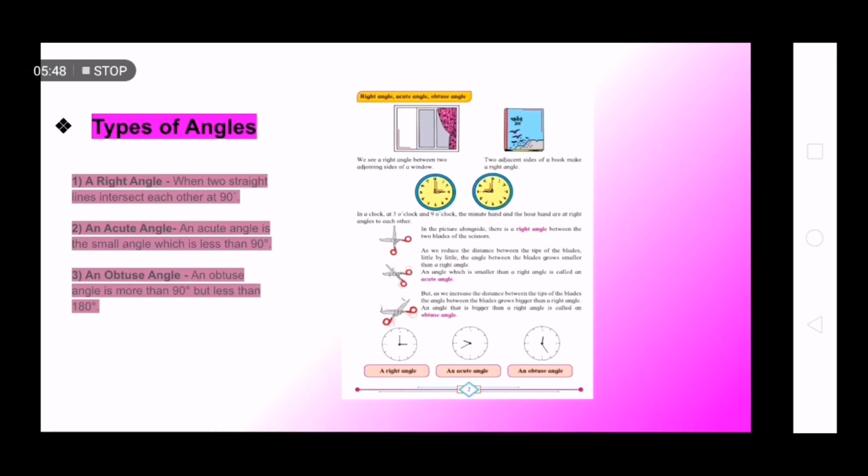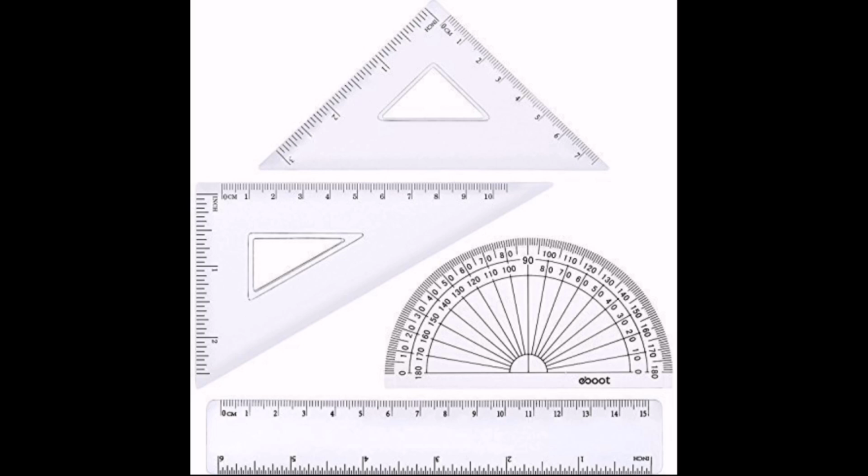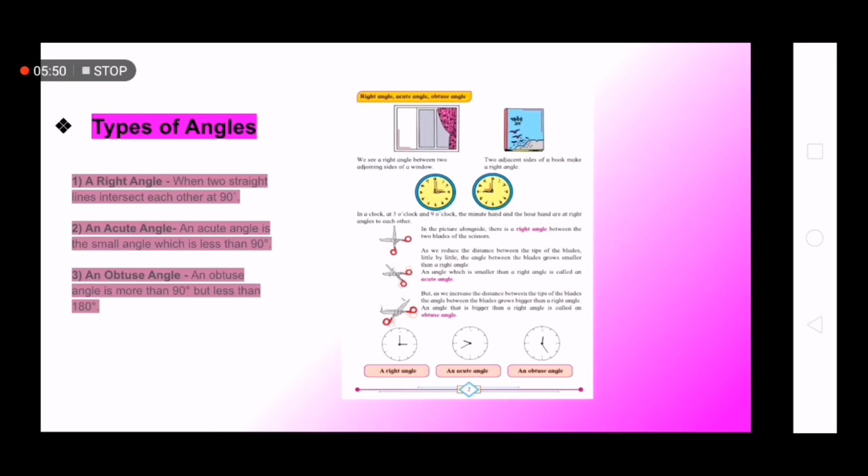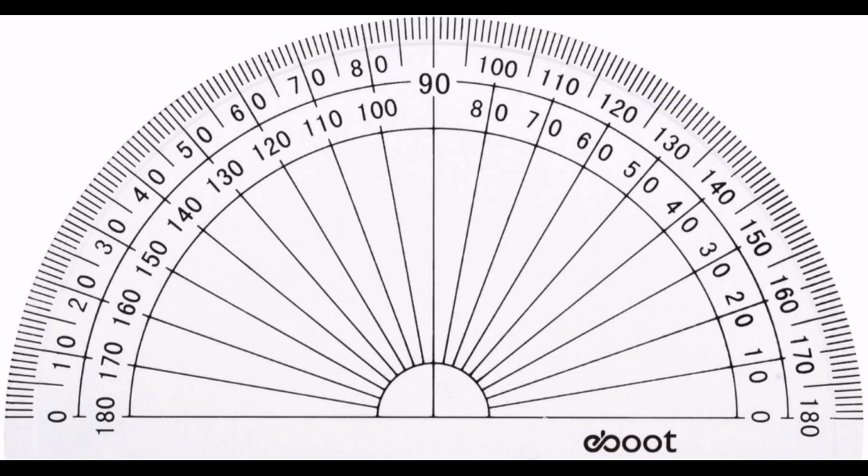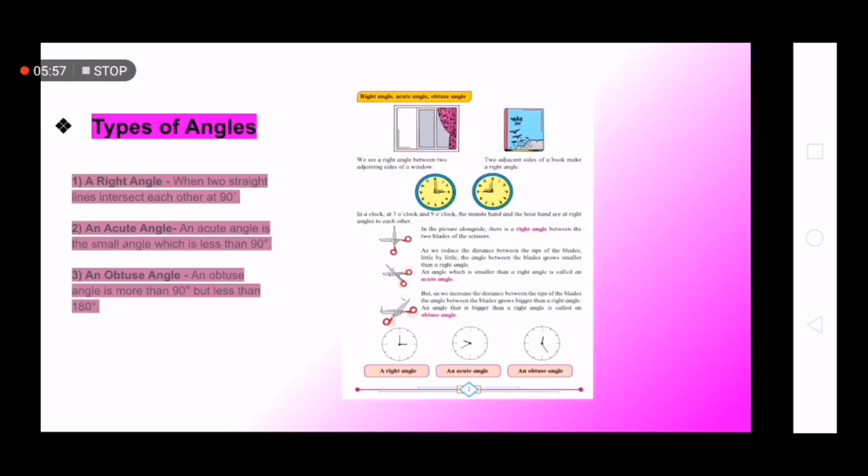In the same geometrical box there is a D shaped scale also. It's called a protractor. In that D shape there is a 180 degree measurement. So in that we can measure 90 degrees,